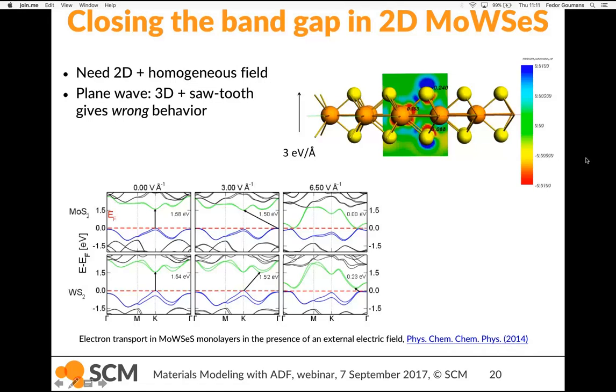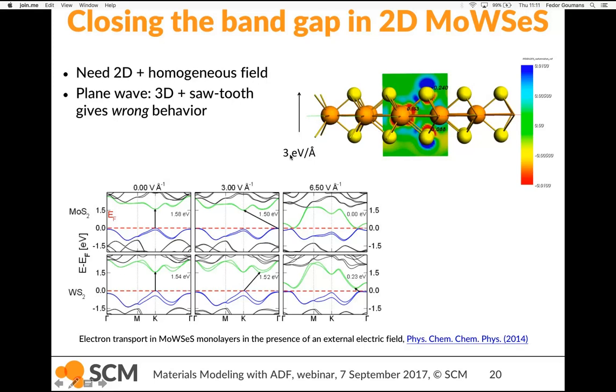They're really interested in these so-called MoS2 materials, so transition metals with chalcogenides, typical examples being molybdenum and tungsten, and selenide and sulfide. So this is molybdenum disulfide, a monolayer,